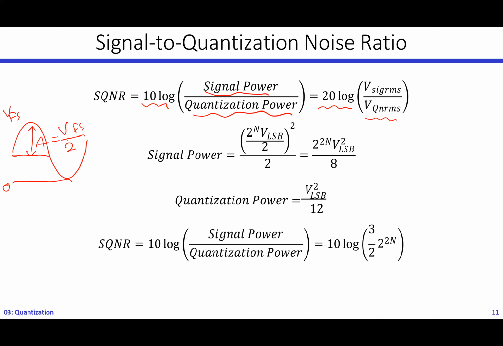So now the signal power on the V full scale is basically equal to 2 to the power n multiplied by the LSB voltage. So now the signal power